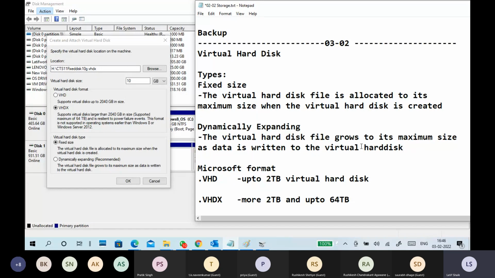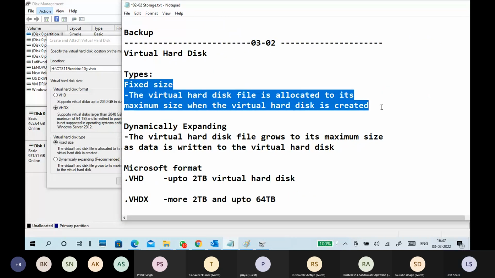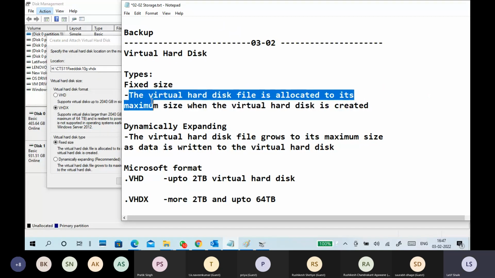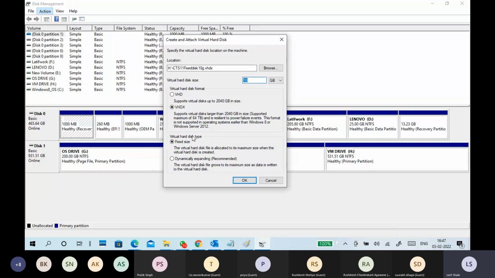So based on this statement, when you create a fixed virtual hard disk, the total size is allocated. I am creating a 10 GB hard disk, so 10 GB is occupied from the start. Click OK.